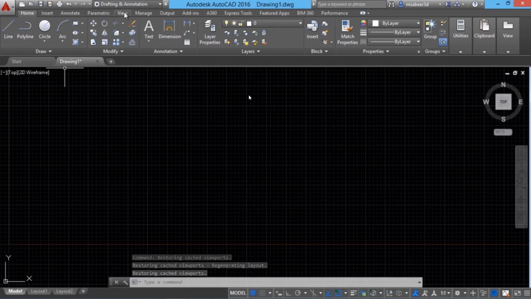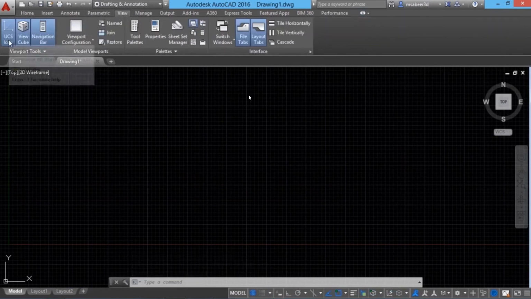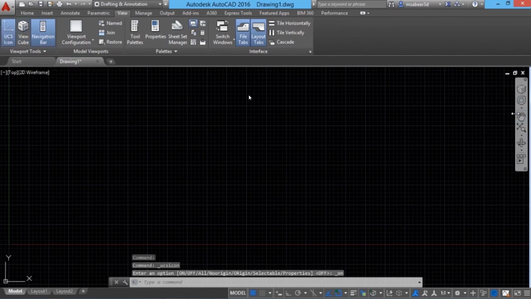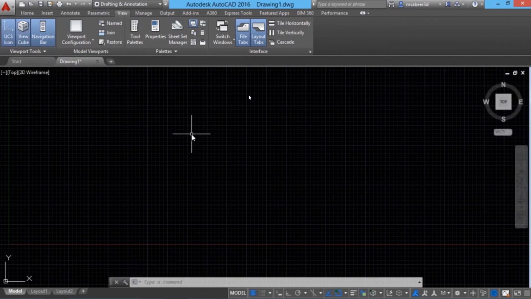When you click on the view menu, you will see options to toggle the display of the various icons in the AutoCAD screen. When you click on the UCS icon, the display of the UCS icon is suppressed. When you click on the view cube, you can suppress the display of the view cube. Since we get the layout from the file tab, we can just suppress the display of layout here. So that will disappear from the bottom left corner.